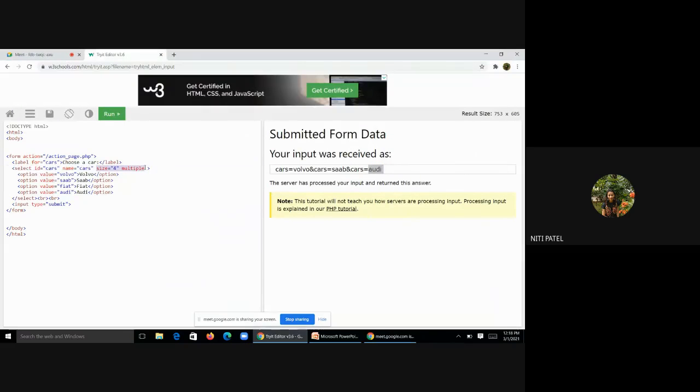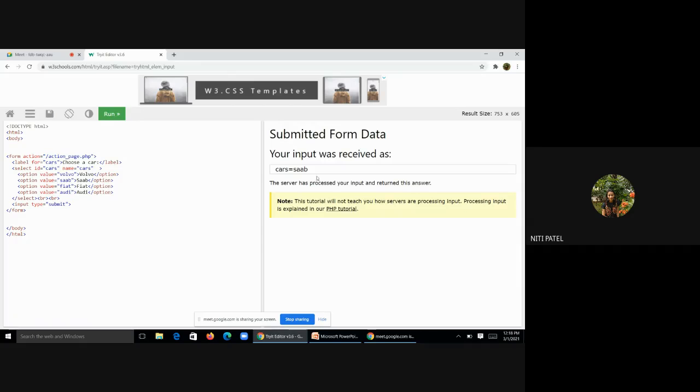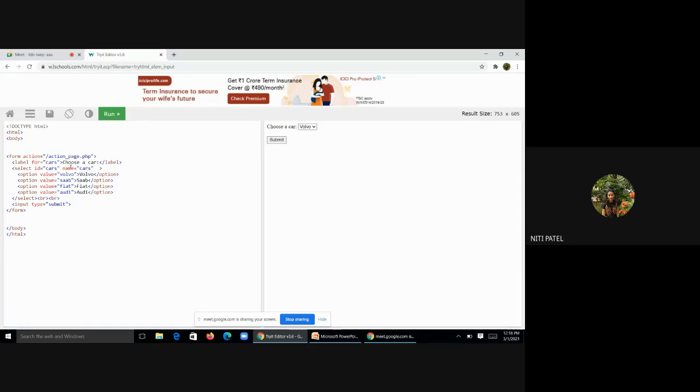Up till now, what we were doing, we were having a select options where I can select only one. Drop down list में से कुछ एक ही select करके I was able to submit. But now if I want multiple selections, एक से ज़्यादा value select करनी है, so how do I do that? By adding this particular line in the select tag. What is that? Line size is equal to 4. So out of 4 options, when I add this multiple value over here in the select attribute, it will allow me to have multiple selections.